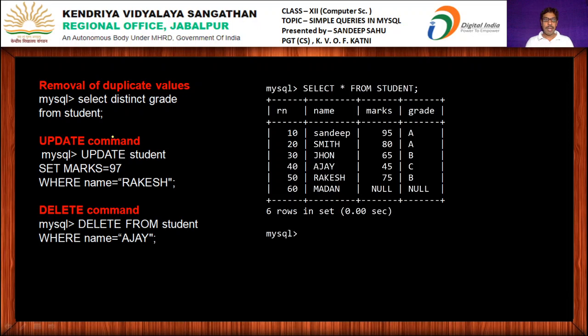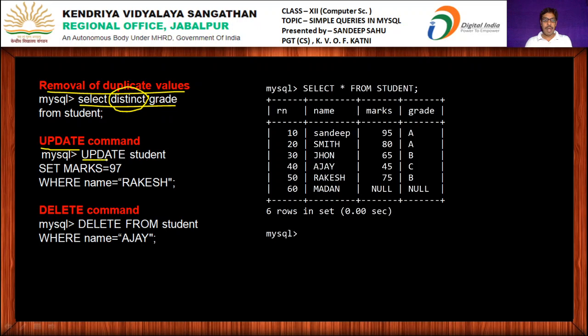Now let's understand a few more commands. Removal of duplicate values. If you want to remove duplicate values, then you have to use the distinct keyword. This distinct keyword is able to eliminate duplicate values in your display. Then the update command. To change any value, we use this command.